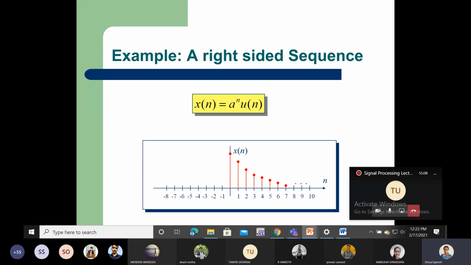So is it an infinite or finite sequence? Finite. How did you come to know it is finite? N value is mentioned. No, the N limits are not mentioned. So if the N limits are not mentioned, it will become an infinite series. So you have to use that particular formula for expanding the signal.